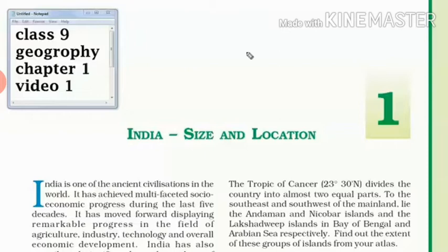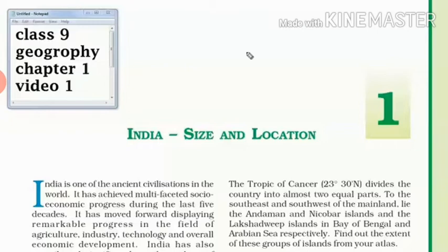The Tropic of Cancer divides the country into two almost equal parts. India is also located at the head of the Indian Ocean. India shares its land boundaries with Afghanistan and Pakistan in the northwest, China, Nepal and Bhutan in the north, and Myanmar and Bangladesh in the east. The total length of the land boundaries it shares with these countries is